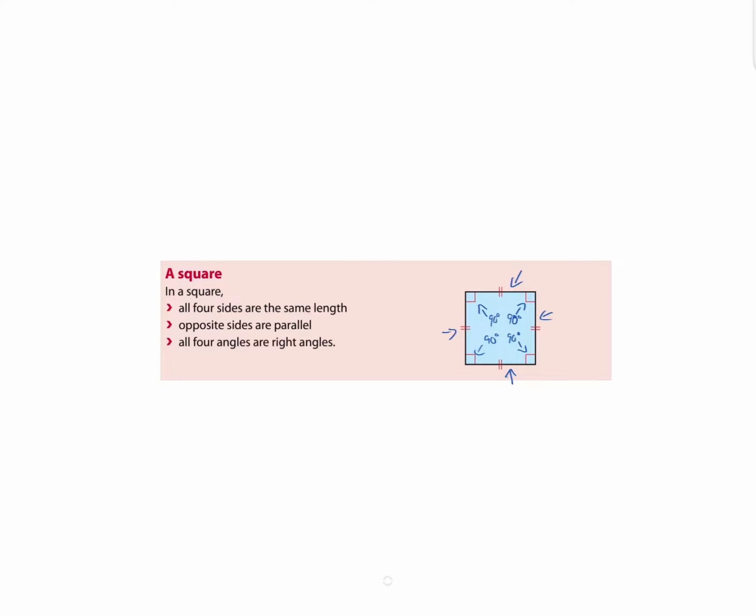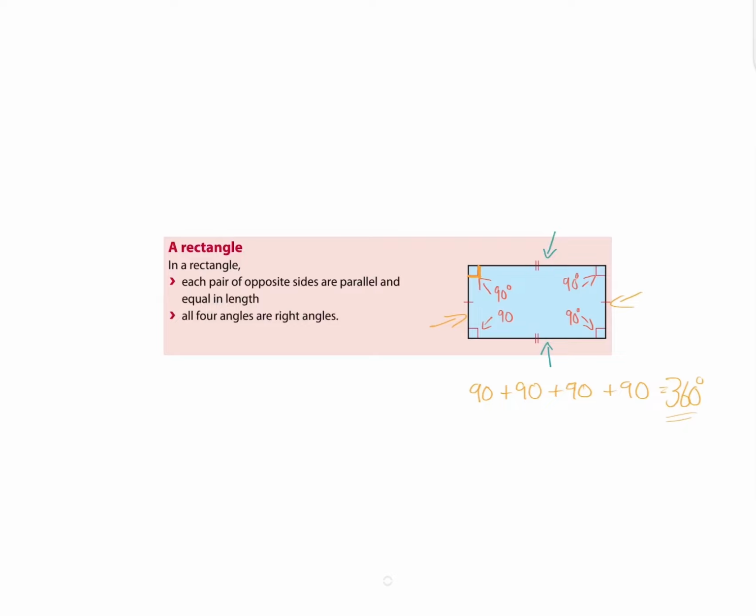So it's like a rectangle, but the difference is all the sides are the same. So for example, this might be 10 centimeters. This is also 10 centimeters. This is also 10 centimeters. This is also 10 centimeters. Whereas when we were looking at the rectangle, this side might be,